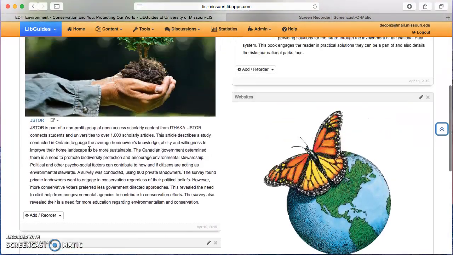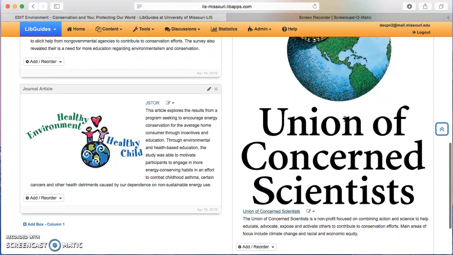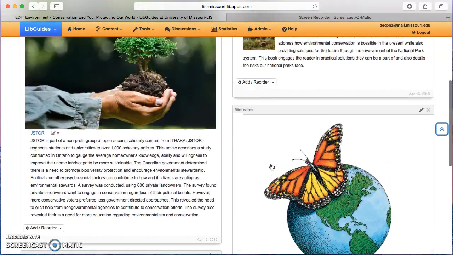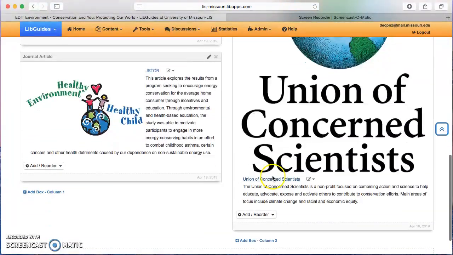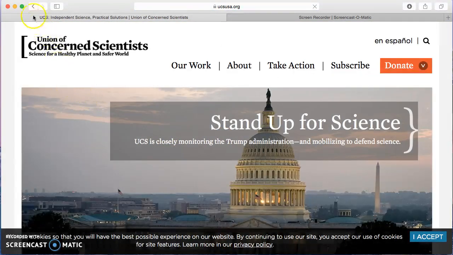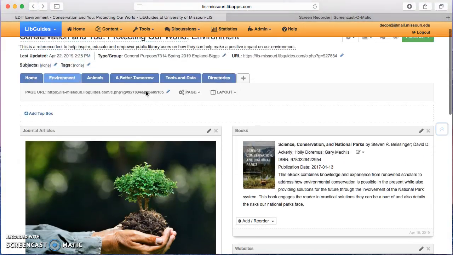I've included two. I've also included a book resource, Science, Conservation, and National Parks, as well as a website, the Union of Concerned Scientists. Again, if you'd like to access any of these, hover over the blue link and it'll take you right to that source. For example, we'll go back to our LibGuide using the upper left-hand corner back button, and we'll go on to our next